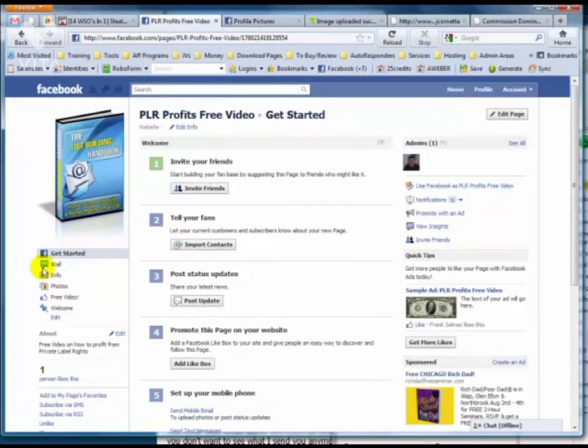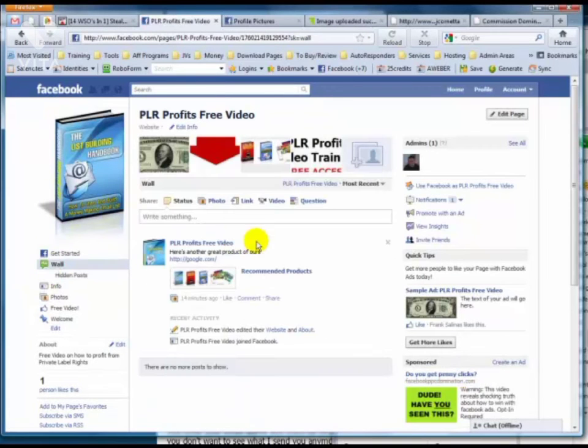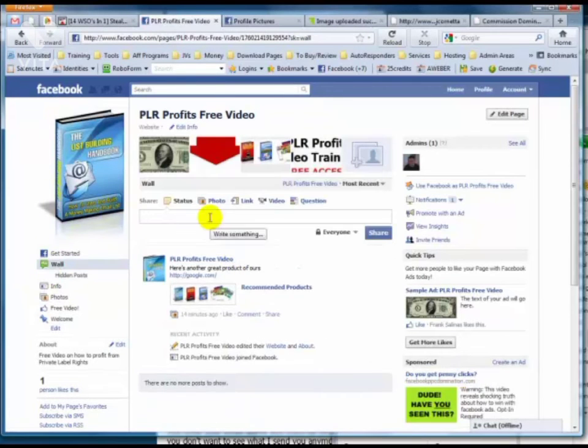Okay, and another way, which I encourage you to do once you have your fan page set up, is all you have to do is just post stuff on your wall. Share things with your fans. Share photos, images, share links, share a cool video. It doesn't have to be self-promotion of you selling to them. As a matter of fact, try not to do that. Just try to weave it in there here and there. You don't have to be blatant, you don't have to be all out pitching to them every time you make a post. So just share stuff with them, and the interaction will start just by sharing links, videos,